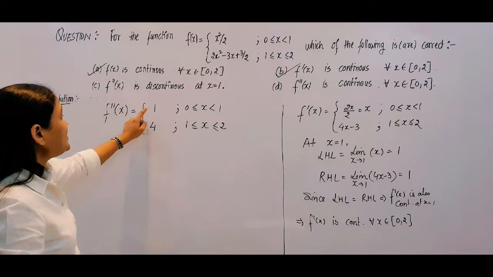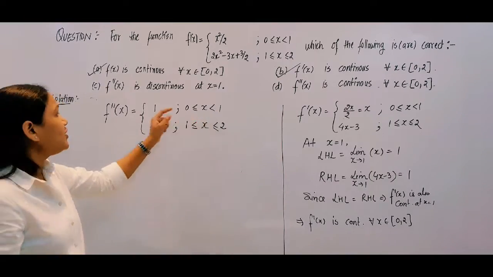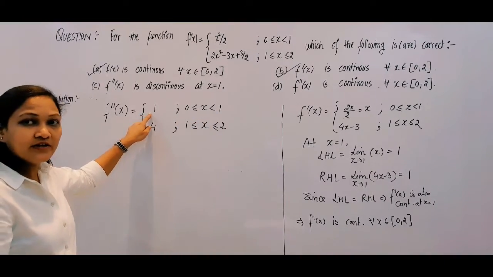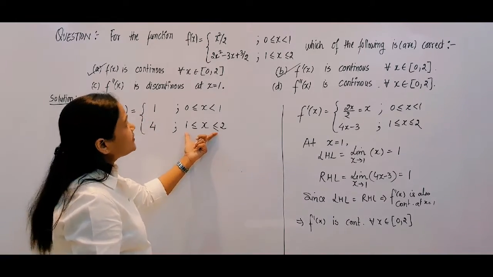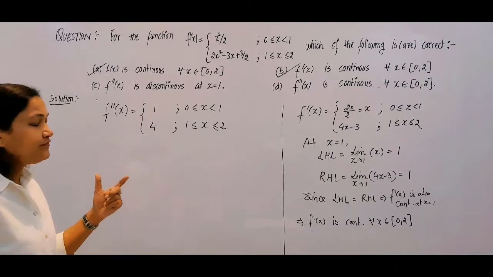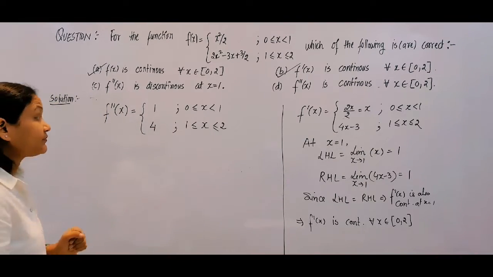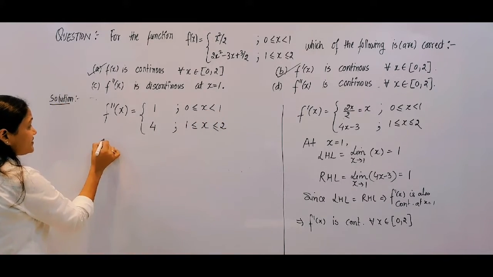Now you can easily observe that between 0 to 1 your function is defined as a constant function which is continuous everywhere, and between 1 to 2 your function is defined as a constant function which is continuous again. So you have to just check continuity at x is equals to